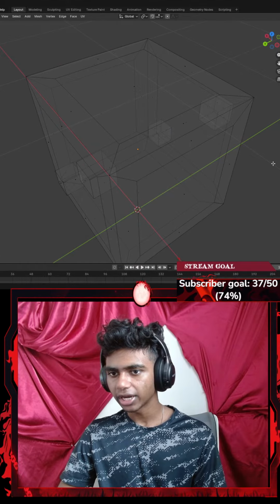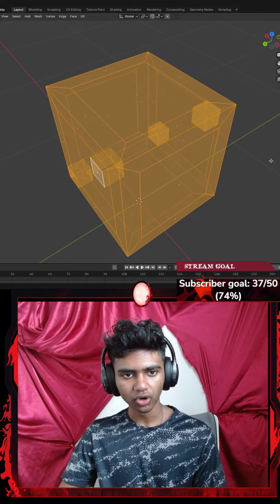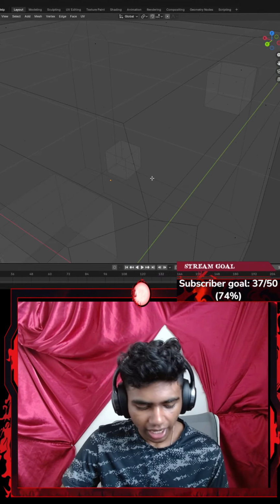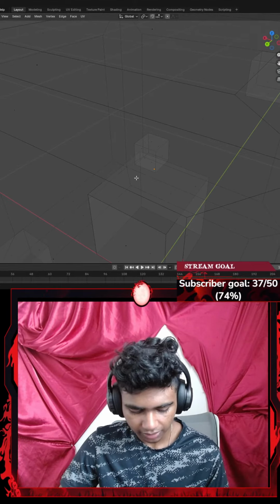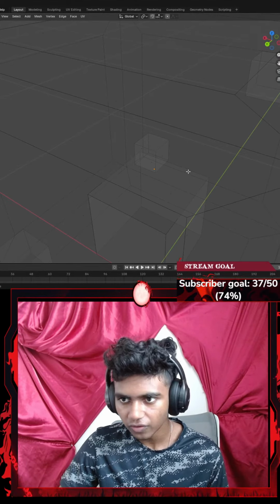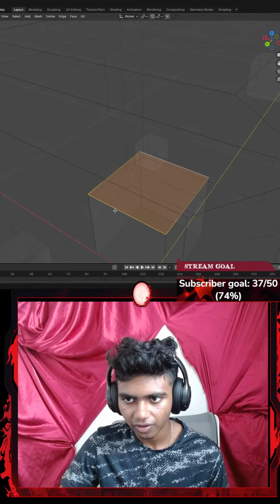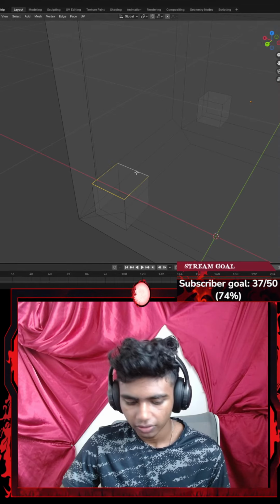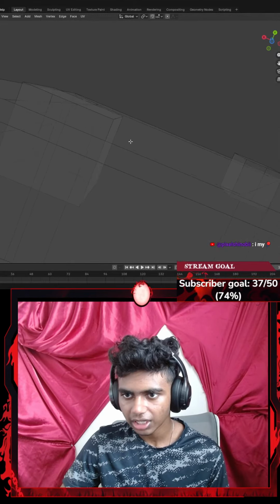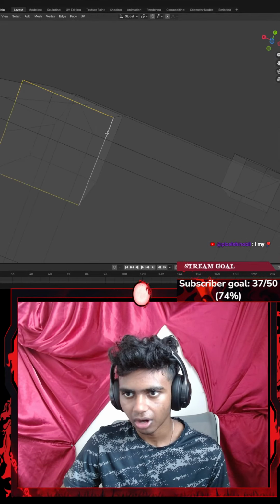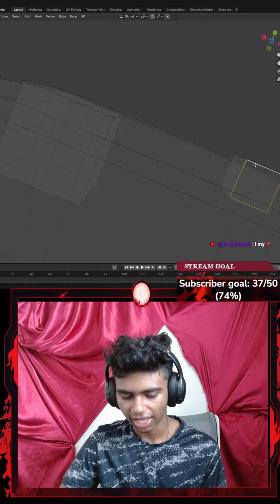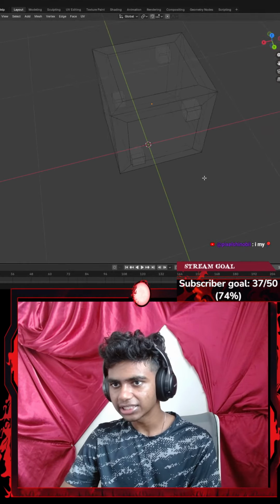I think like the whole thing is part of one cube. Okay, that said, I might want to actually go all the way up here, hit something like Alt. I'm gonna go to face select, hit Alt, and then hit F. And then let's go down, let's hit Alt. There, and then I'm gonna hit F. Let's scroll down. I'm gonna go with Alt F, and then Alt F. Okay, perfect. That's actually pretty good.